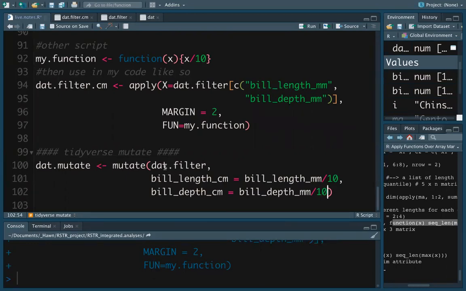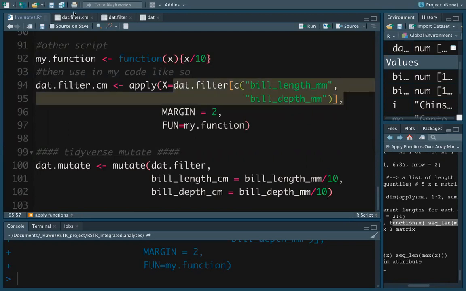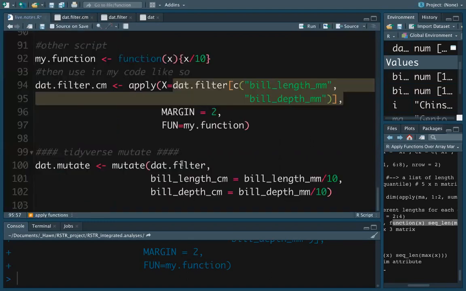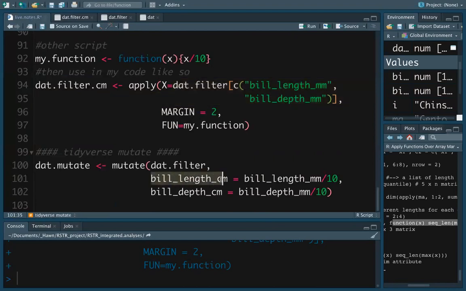The first great thing about this is that there are two great things about this over apply. The first is I'm not subsetting my data. I'm not getting a separate data frame that's not connected to my other data. So if you're paranoid like me, I'm 100% sure that the order of this variable is the same as the order of the samples in this variable and all the other variables that I'm not changing in the data frame. And mutate gives you the chance to rename the variable for clarity. So if we run that,